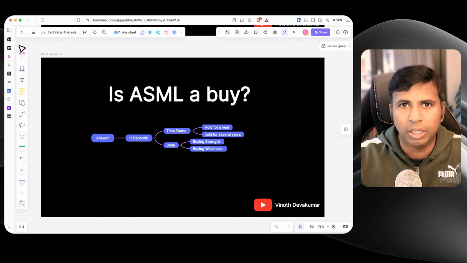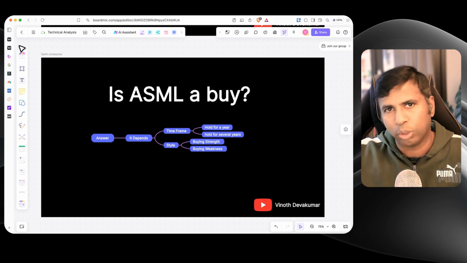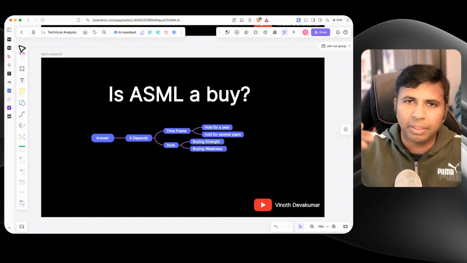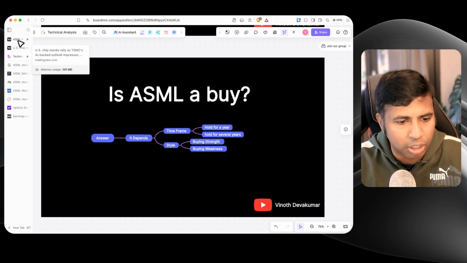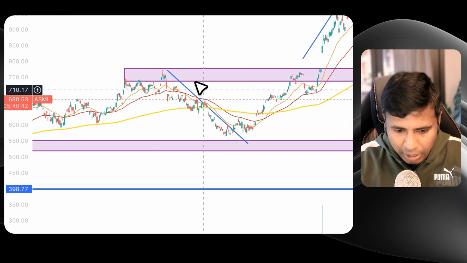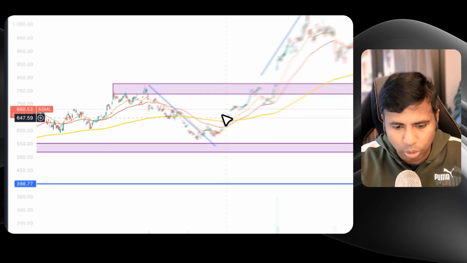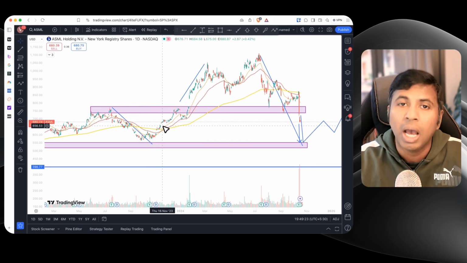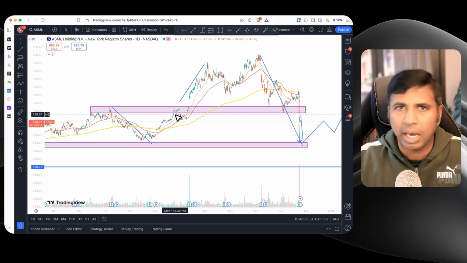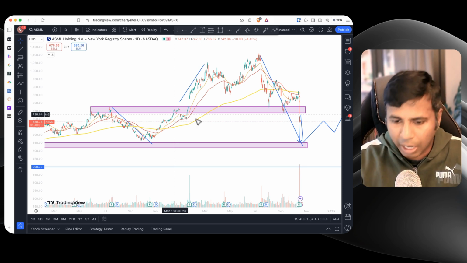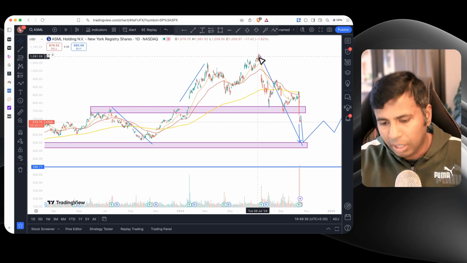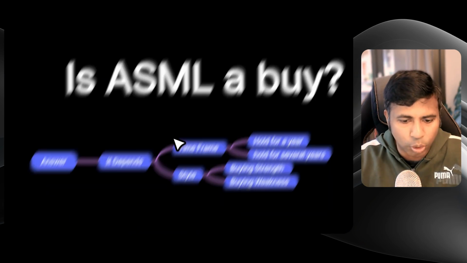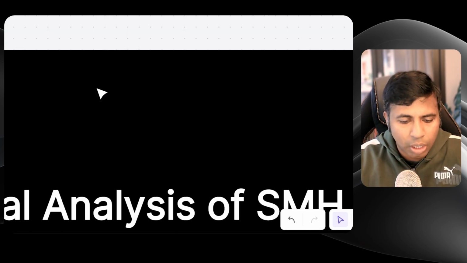Like I also showed in the chart, you can look at when the stock is pulling back and then it is trying to reverse, and the moving averages are showing a turnaround. We can see in the past it has gone down, but it has shown phases where it has tried to make higher highs and higher lows. When the stock makes higher highs and higher lows, it means that it is trying to get into an uptrend. That is the definition of an uptrend. Right now it is in a downtrend, as you can see that the price has strong momentum in the downward direction. So I hope that answers your question whether ASML is a buy right now.